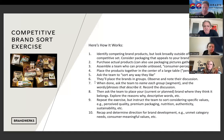Then ask the team to sort the products any way they like. It's really wide open. Don't give them too much instruction. But what you want to do is sit back and observe what they do. And what they'll end up doing is placing these products into certain groups on that table. And that is the map, right? Often you'll see a product or two all by itself. But observe and note their discussion, the words they use, the thoughts they have,